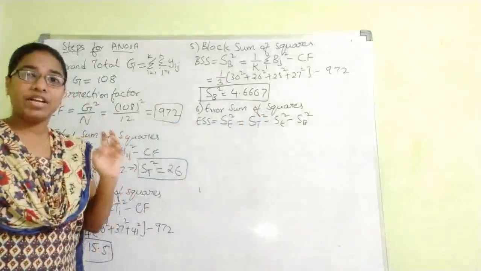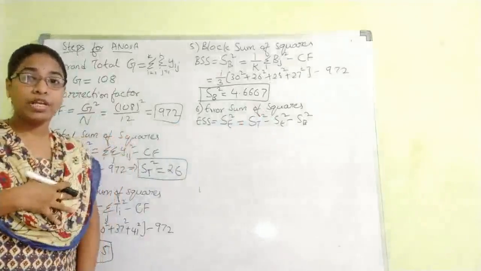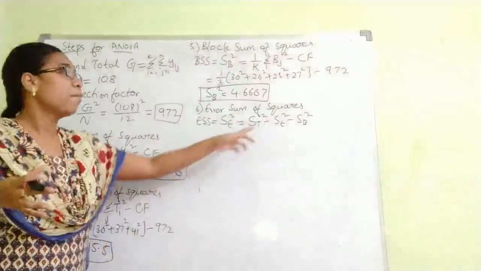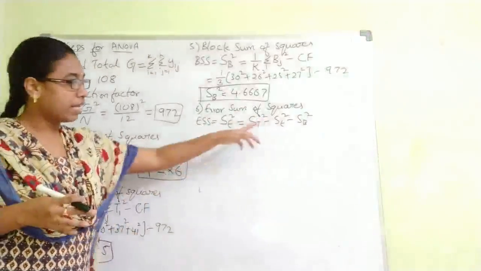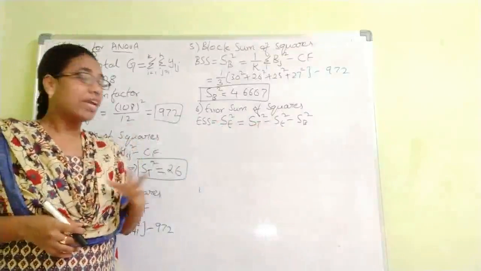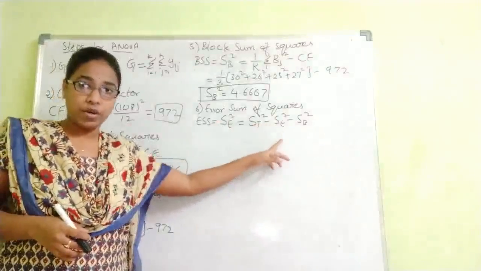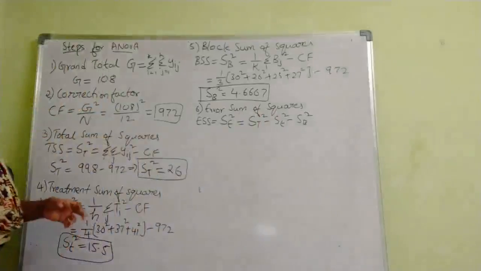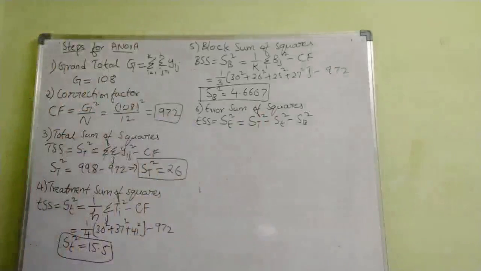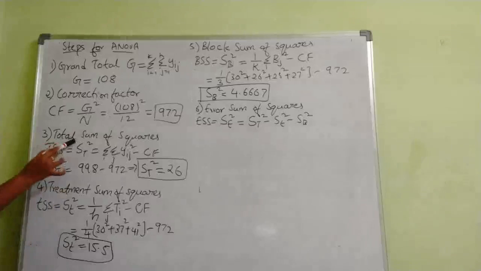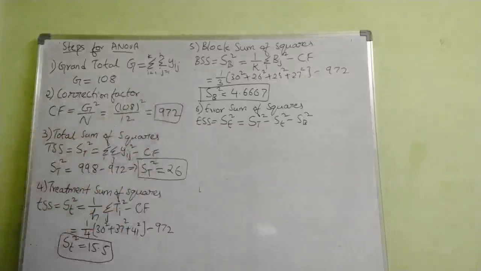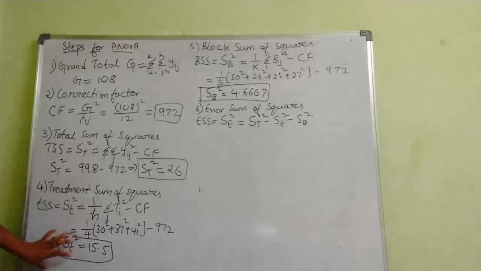So error itself means the difference between the original value and the expected value, right? So total sum of square is the original value minus whatever variations you are getting. So in two-way classification, we are getting variation in two directions, that is due to treatments and due to blocks. So that's why from total we subtract the various errors. Few of them had the doubt that for error sum of square, why don't we take the correction factor? Because already in total sum of square we have included the correction factor, and in treatment and blocks also we have included the correction factor. So already those corrected values only we are using for the error sum of squares.